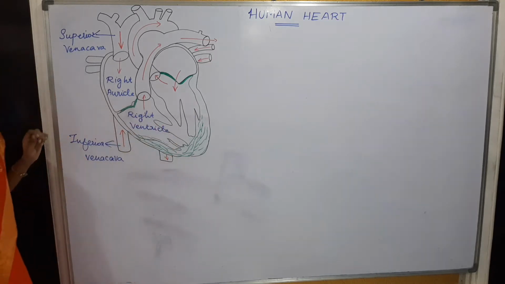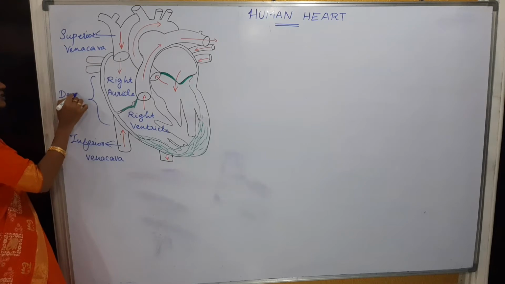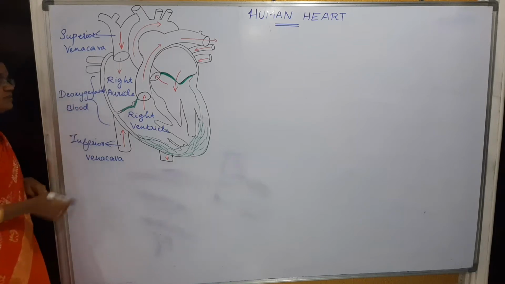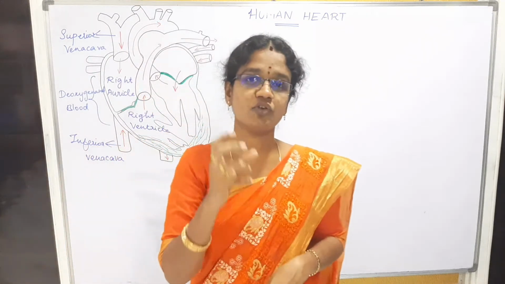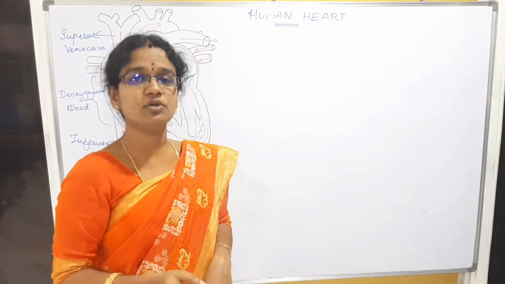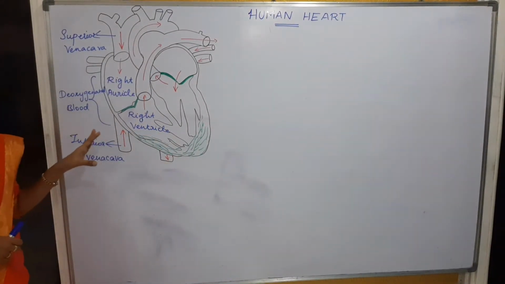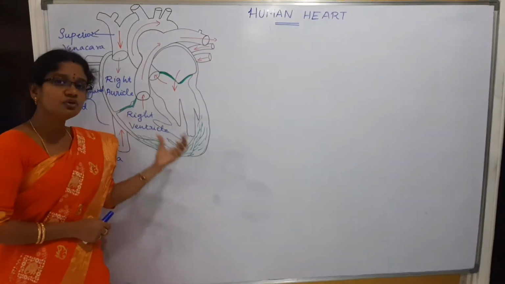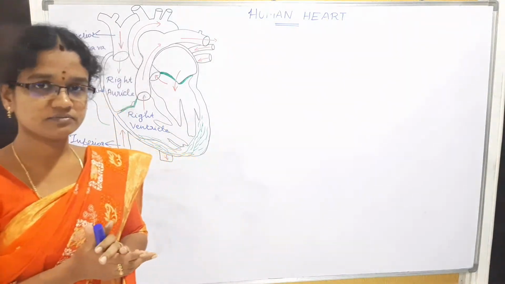Okay. So the right auricle and right ventricle receive only the deoxygenated blood. Generally we read in the books that it is the impure blood. What is the meaning of impure blood? It contains more carbon dioxide, so it is called impure or deoxygenated blood, right? In order to get purification, the heart sends the blood to the lungs to be purified, and again it pumps the purified blood from the lungs to all the parts of the body, right?